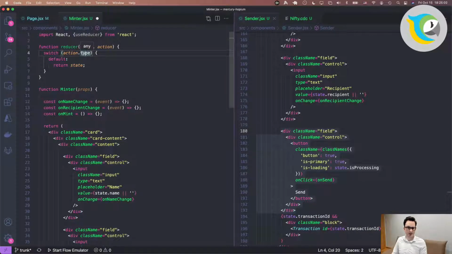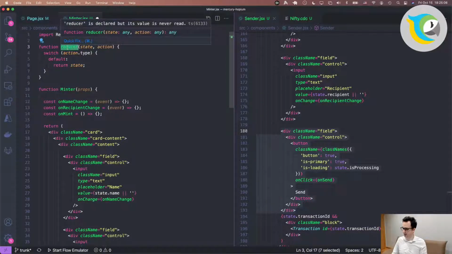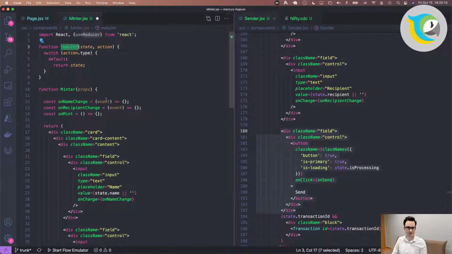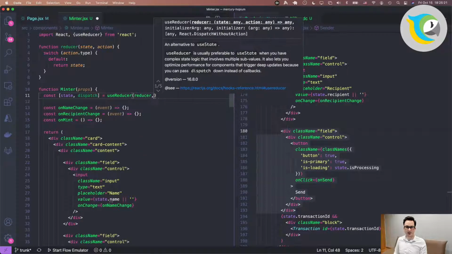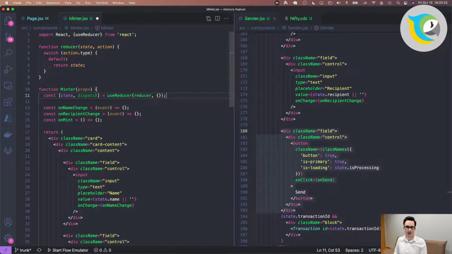All right, so we have declared a basic version of our reducer. Now we can go ahead and use it. Not much we can do with it, but we can use it. So useReducer, provide in the reducer and an initial state.